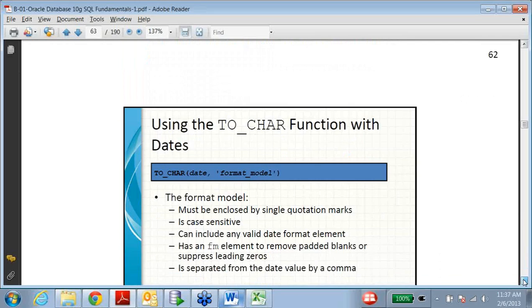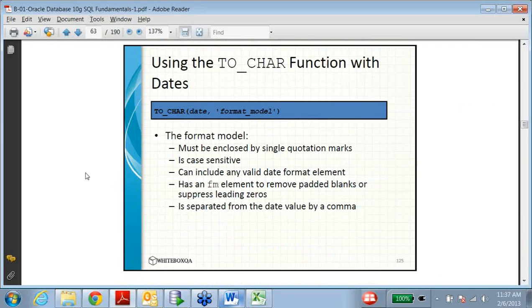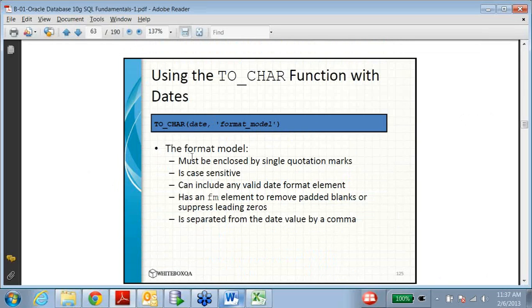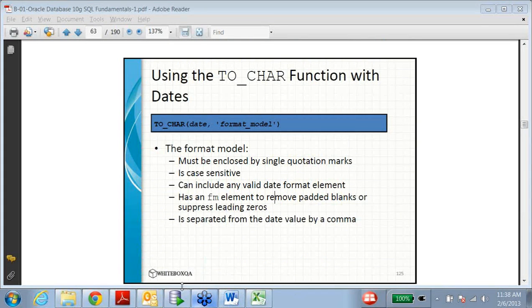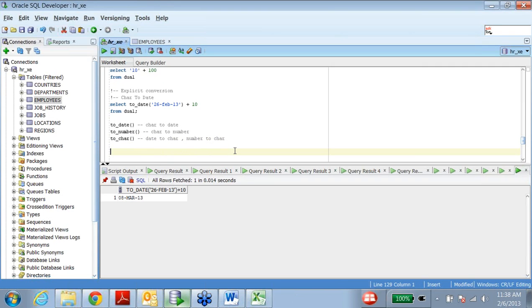So there is a number model also, just like date format model. There is a number format, char format model also, wherein we can actually describe a number in a form. For example, let's say I want to display the salary with a decimal point. So how can I do that? I need to convert it to a char. So it is a number to char. So I would write here TO_CHAR and salary. Let's say I want to display it